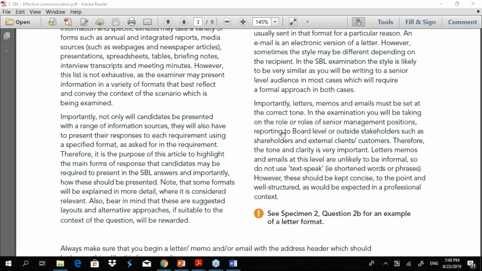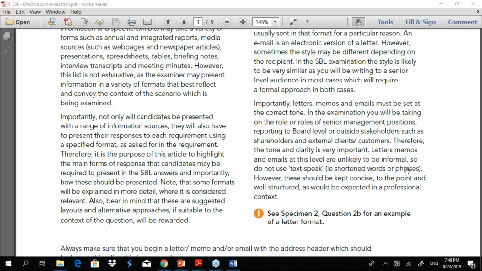Right, so since it's a memo, okay, the letters, memos, and emails at this level are unlikely to be informal. So do not use text speak, shortened words or phrases. Don't use them anywhere, not only in this particular format, anywhere.